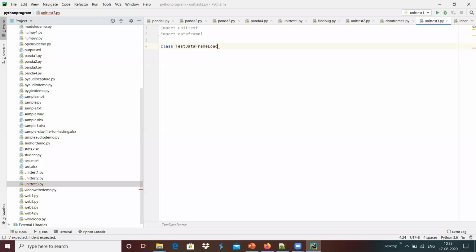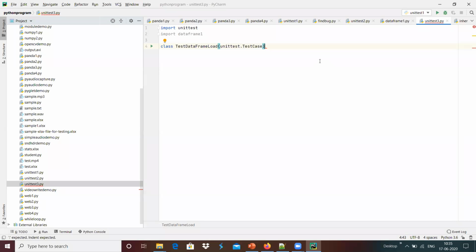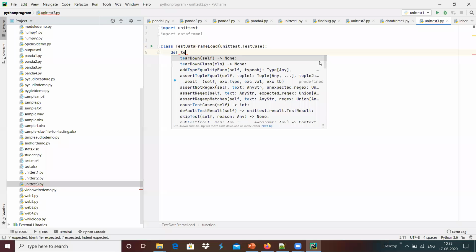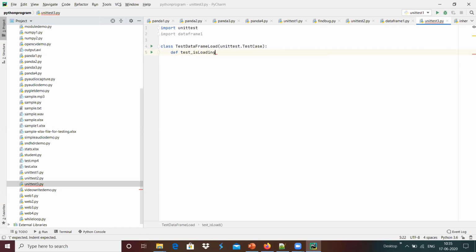And the class, maybe my test case is test data frame loading over here, and the base is unittest.TestCase. Once it is done, I'm going to define a function, test case underscore is loading.